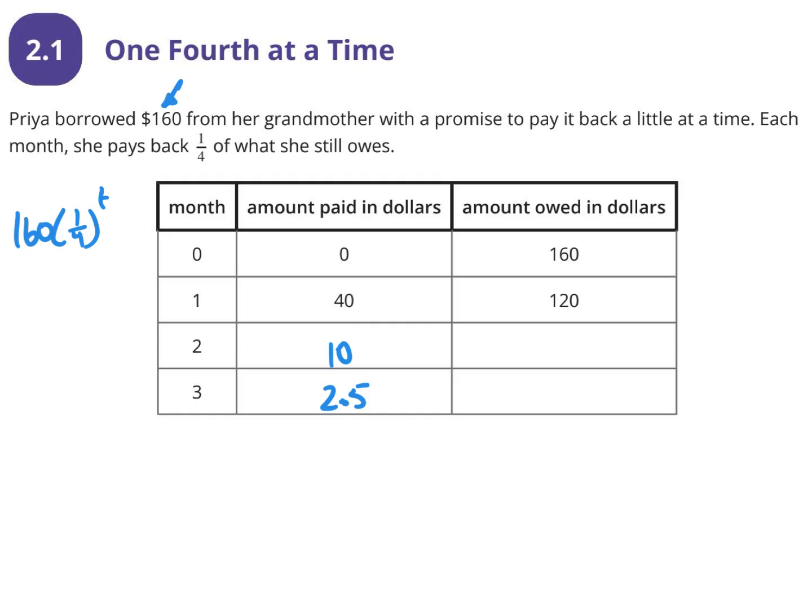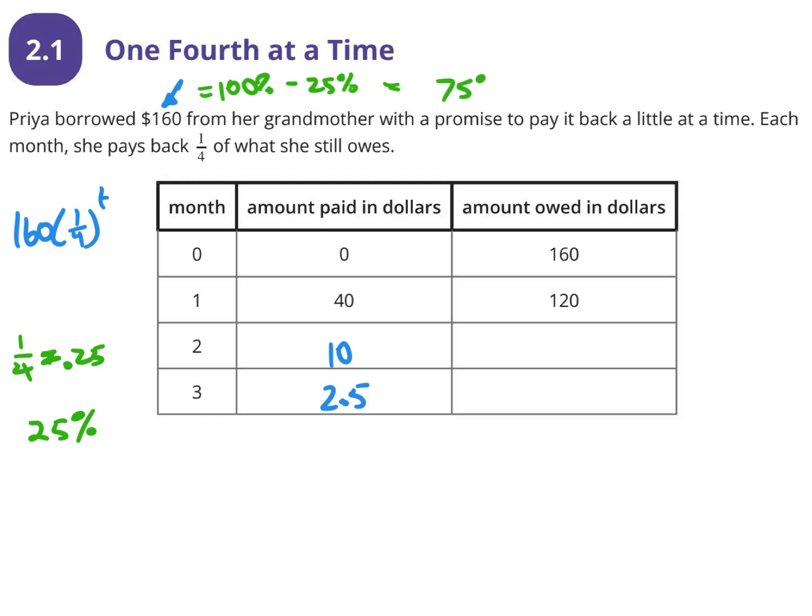But if we have to understand something, our original amount equals 100%. That's our start. So if we take off 1/4, and we know that 1 divided by 4 equals 0.25, and to turn a number into a percent, we multiply by 100, because percent means divide. If we take off 25%,